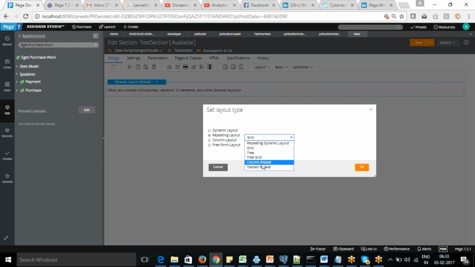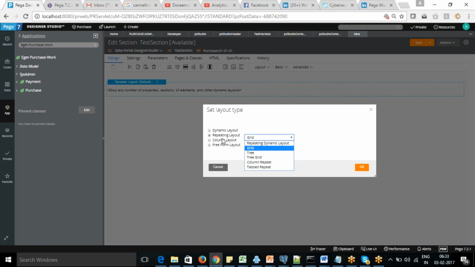And if you want to display in a column format, so either you want to display in a row format, repeat, or you want to display in a column. So you can decide with that one. Okay, so that is the column repeat or the dynamic repeat. And if you want to display that in a tab, we can go with the tab repeat as well. So all the cases will be open, and then we can work with the tab repeat as well.